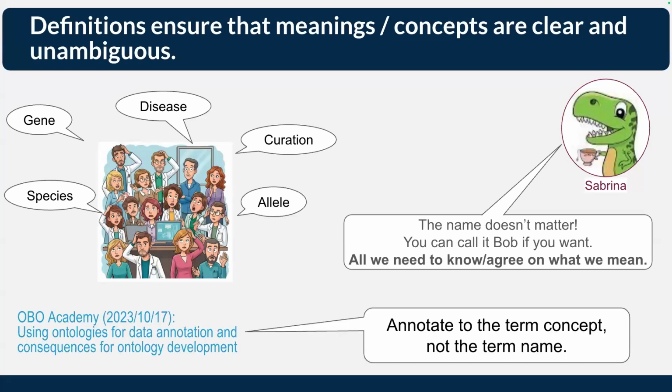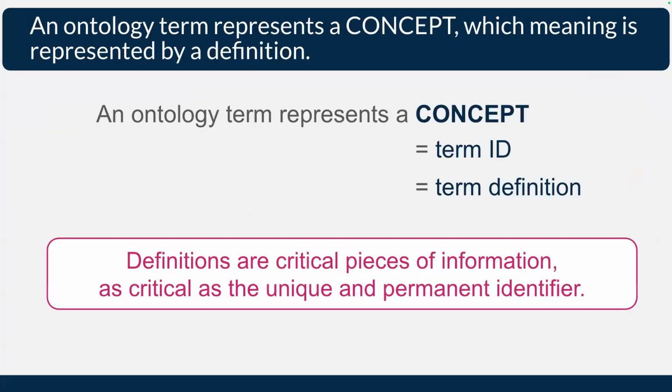And if you have followed obo-academy for some time, you have heard me say during that session about using ontologies for data annotation that rule number one of annotating data with ontology terms is to annotate to the concept and not to the term name. All right, so ontology terms